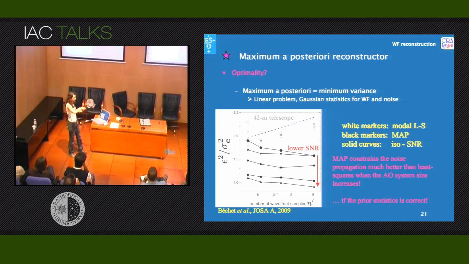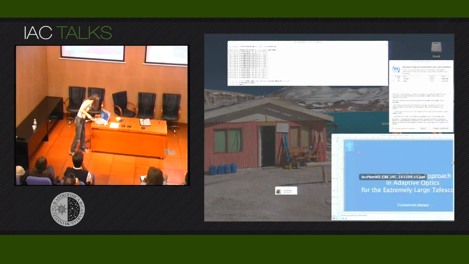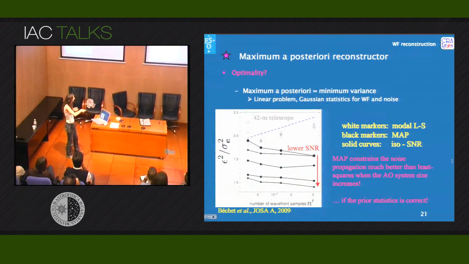MAP reconstruction. When the signal-to-noise ratio decreases, the regularization has a stronger impact on the performance. You really improve when you have low signal-to-noise ratio compared to what does least square. So in this sense, the maximum a posteriori approach is really important. But this is okay if you have the correct prior statistics on your system. And if you don't,